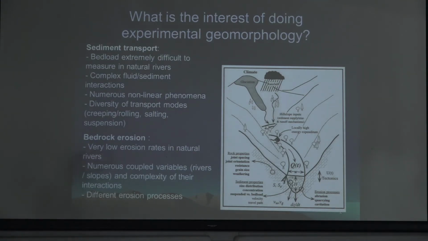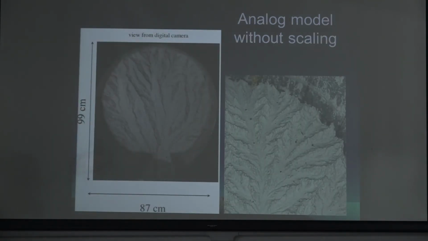So sometimes, in order to be able to model and to see what's going on, it can be interesting to do experimental work. There are two kinds of experimental work. The one where you just try to reproduce roughly some process without trying to make some scaling of the physical variables. So this is the case, for example, in this tank. It is full of sand. The experimenter is pouring water, and you make some rills and some drains, some crests, and it almost looks like